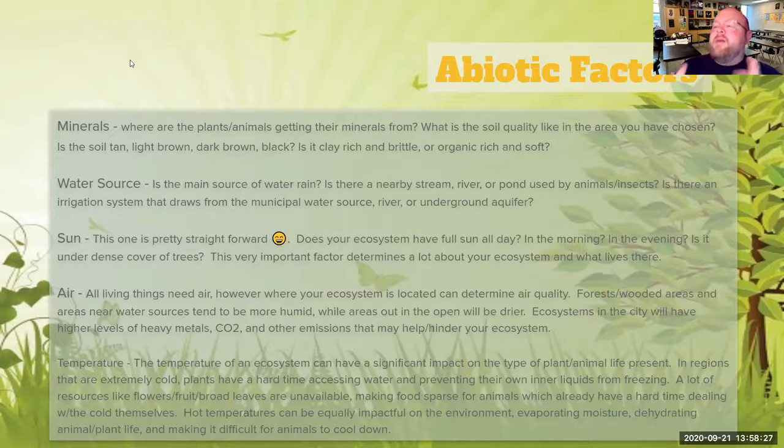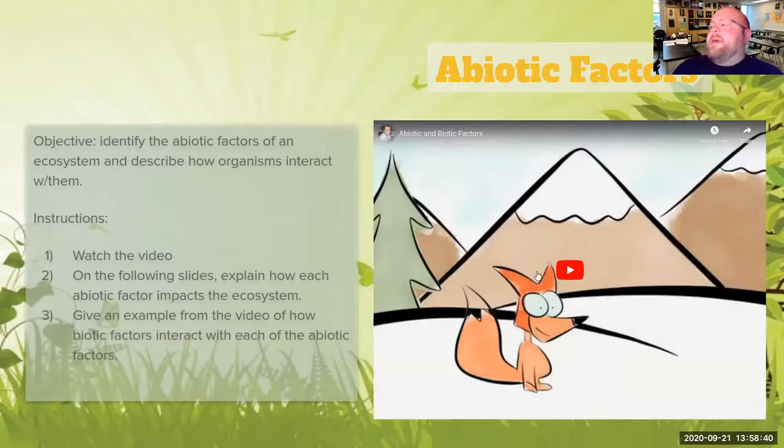And then now we're going to talk about this week's chunk of the project, where we talk about the abiotic and biotic factors, so the non-living things and the living things. You're going to go through, read this information. It tells you about different things. And you're going to stop and see these questions that